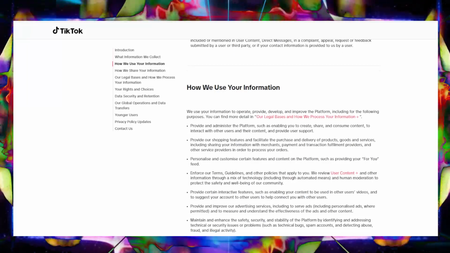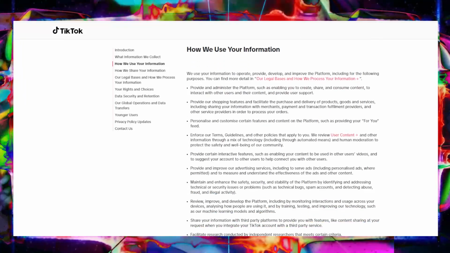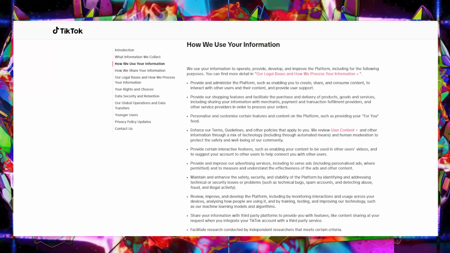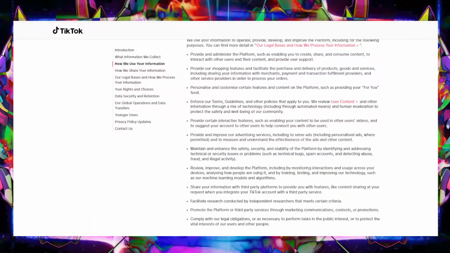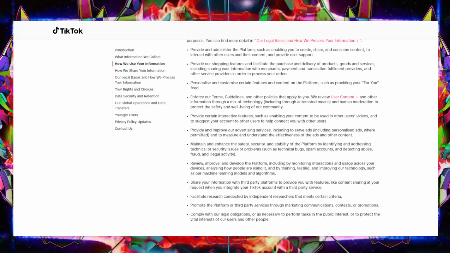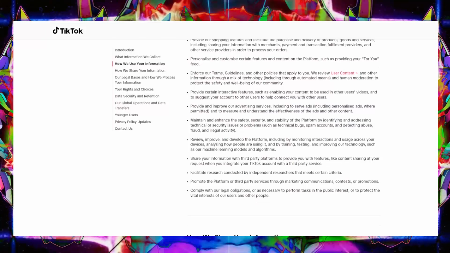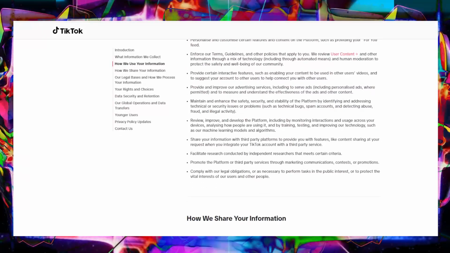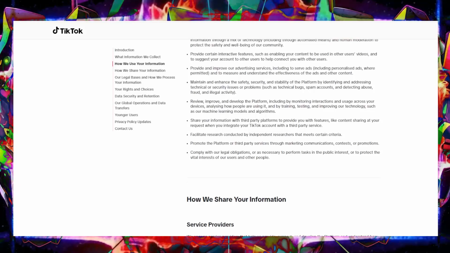So they could know, for example, that I was browsing for a new pair of running shoes online, and then bam, suddenly I'm seeing running shoe ads on TikTok. Exactly. And while that might seem harmless, maybe even convenient sometimes, you have to think about how this interconnected web of data can be used. Okay, so we've established that TikTok is gathering a lot of information. But the big question is, how are they actually using it?